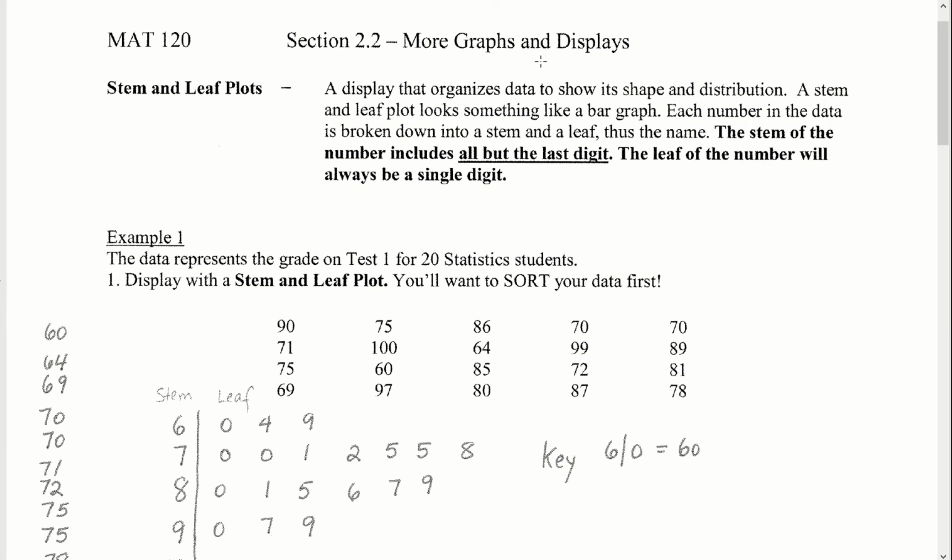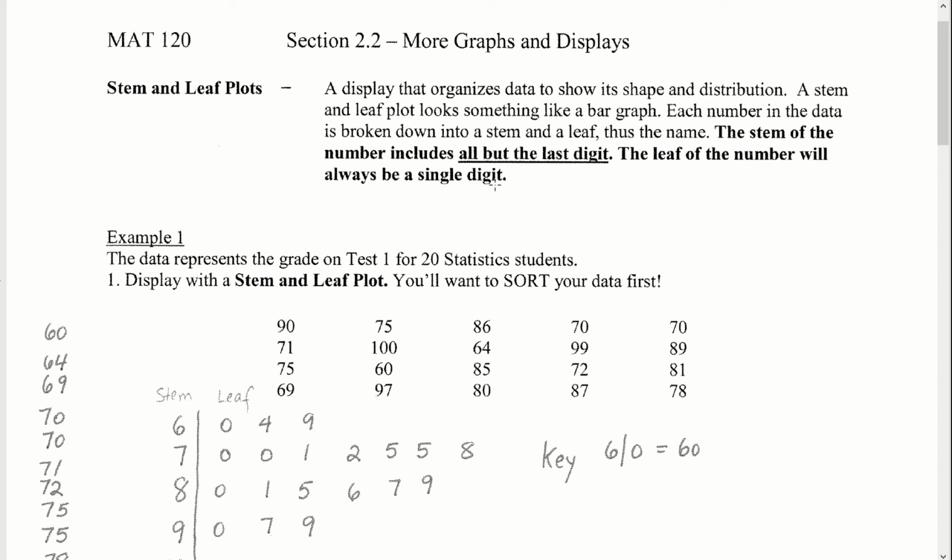In section 2.2, we're going to look at more graphical styles and displays. The first of which is going to be the stem leaf plot. A stem leaf plot is a display that organizes data to show its shape and distribution. A stem and leaf plot looks something like a bar graph, where each number in the data is broken up into a stem and a leaf. The stem of the number includes all but the last digit, and then the leaf of the number will always